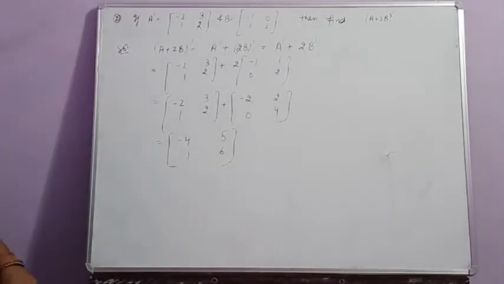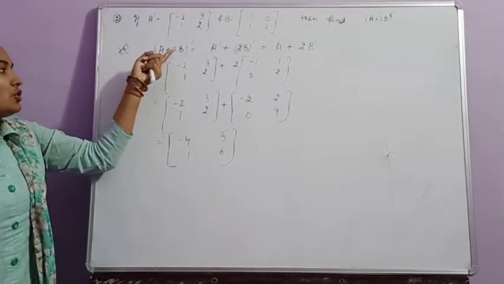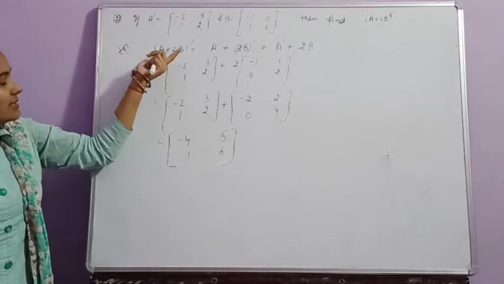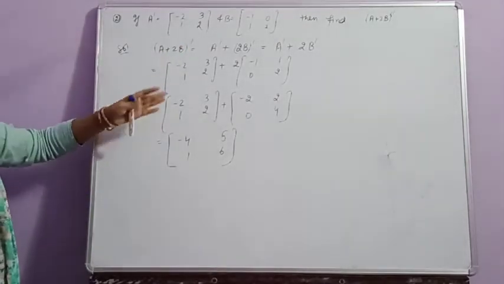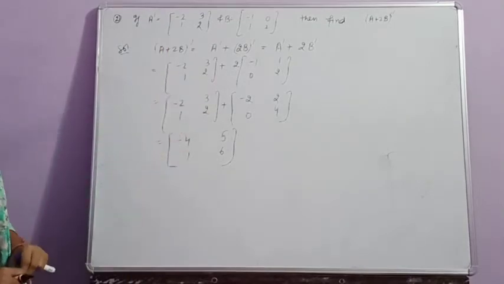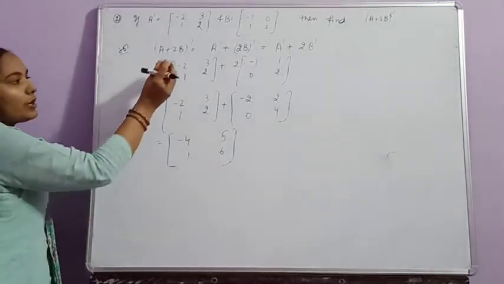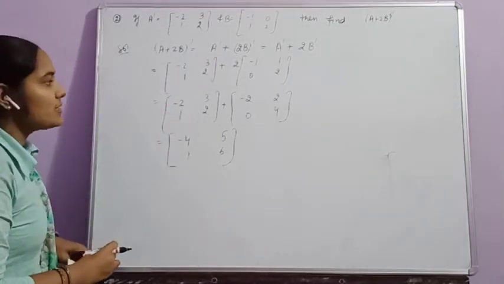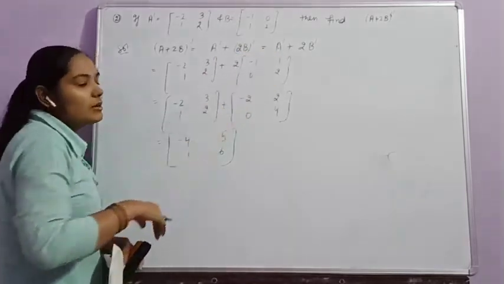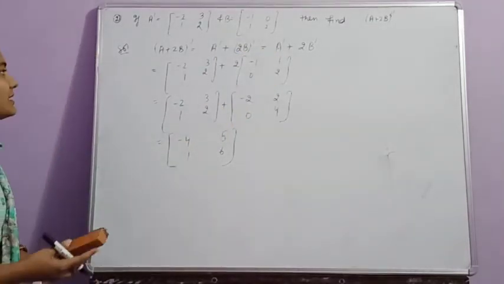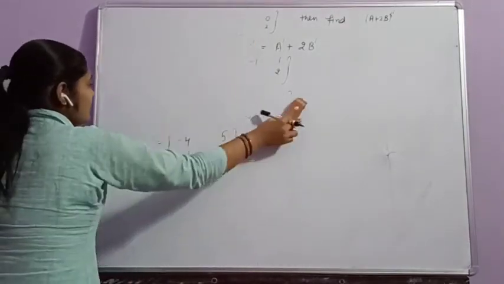We can find out it by using another method, that is firstly we find A and find 2B, and then we add two matrices and find their transpose. But that will be the long method. So we use its properties to solve it by a short method. We know that A plus B transpose is equal to A transpose plus B transpose, and K into B whole transpose is equal to K multiplied with B transpose, as 2 is a scalar. Next question.